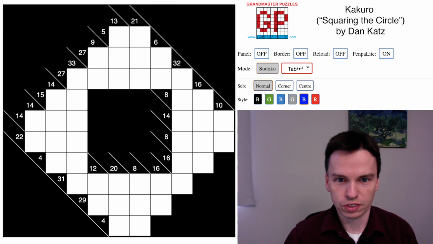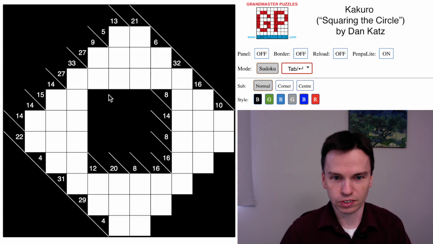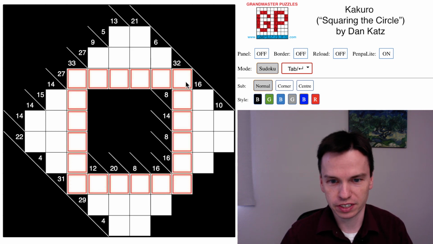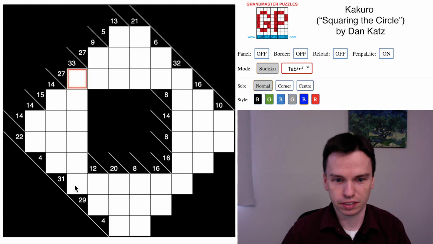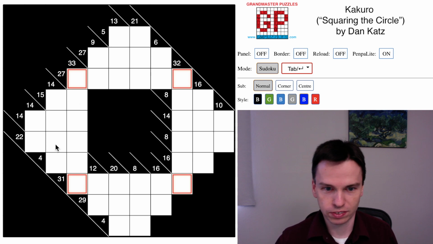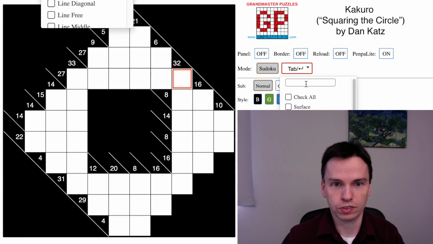So we're here to solve this Kakuro by Dan Katz called Squaring the Circle. It has a really interesting geometry with this center square. We actually have a ring of cells, and I think these 4 cells are going to be pretty key for the solve, in part because we'll have ways, and we won't do this right away, but